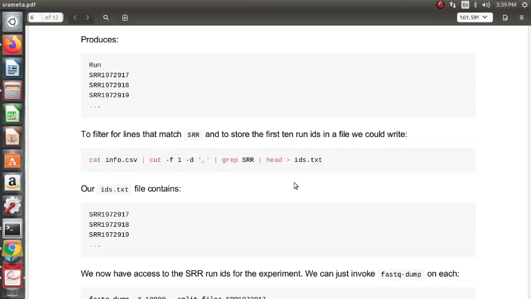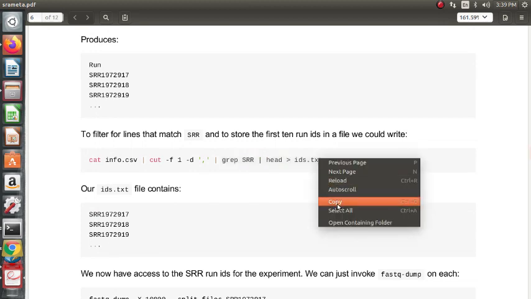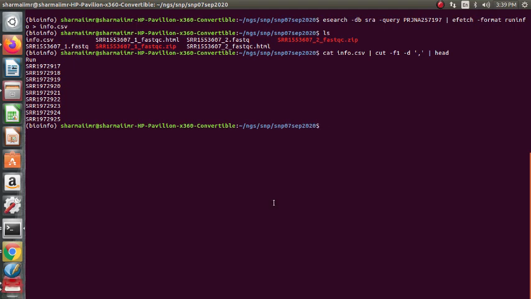If we want only the SRR lines and we don't want the unnecessary run header, the same command can be got from the up arrow history, and then grep SRR.